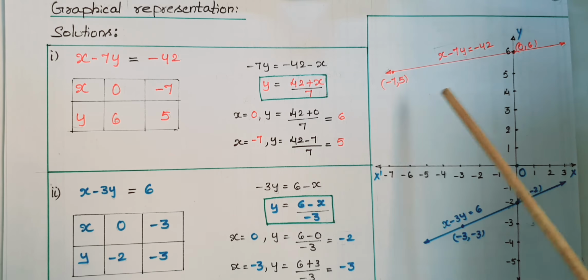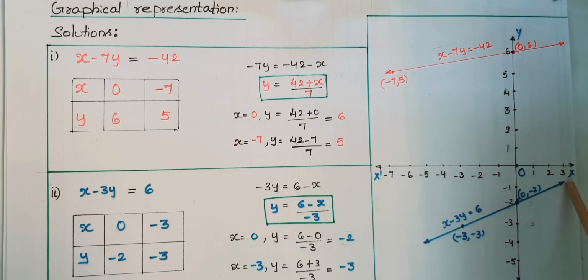So now you have to put these coordinates on the graph. For that you have to draw the x and y axes first. Then mark the points 1, 2, 3 on the x-axis on the right side, and here minus 1, minus 2, minus 3, like this. And downside again negative numbers, and here positive numbers.